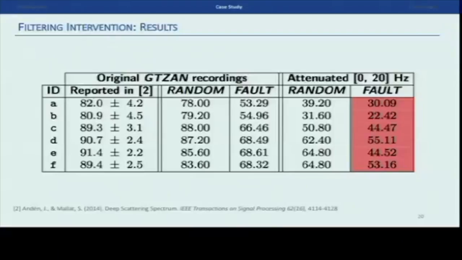Even though those two possible confounding factors, the faults of the dataset and the information below 20 Hertz, seem to be correlated, we see that they are not exactly the same factor.